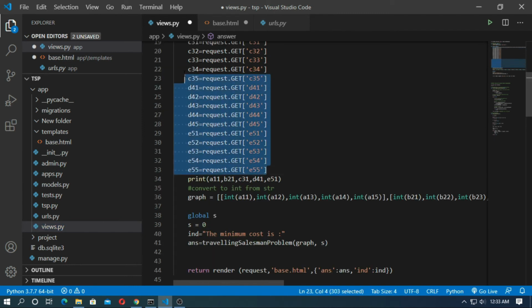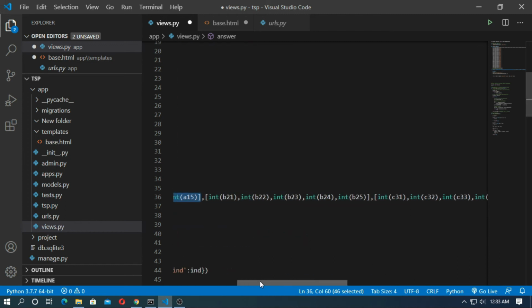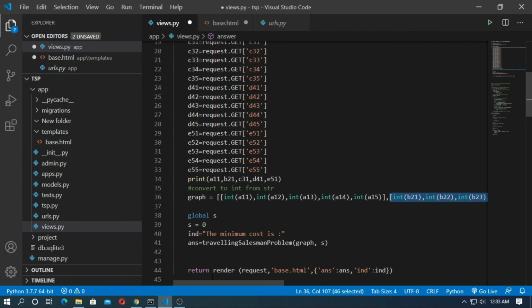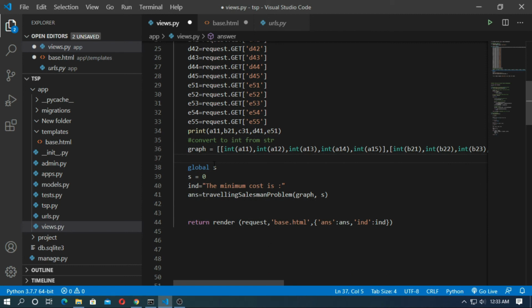At first we need to convert all of the data to integers and create a list. This list is for city A, the next list is for city B, and so on, and create a variable s, and s equals 0.